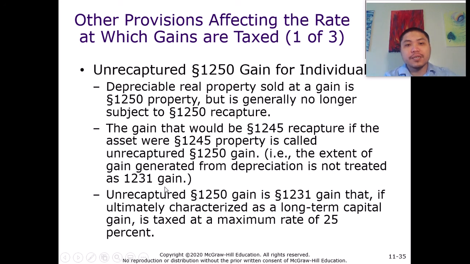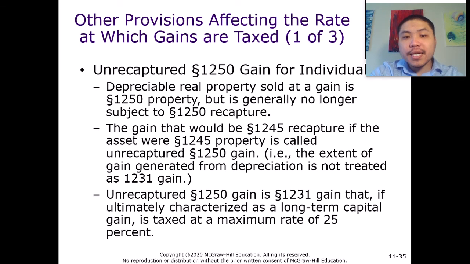The gain that would be 1245 recapture if the asset were 1245 property is called unrecaptured 1250 gain,